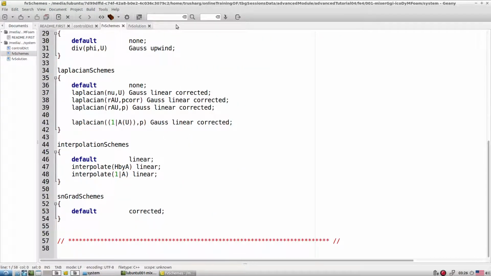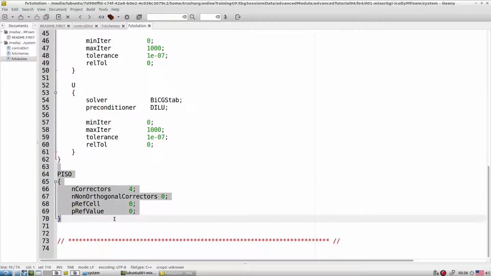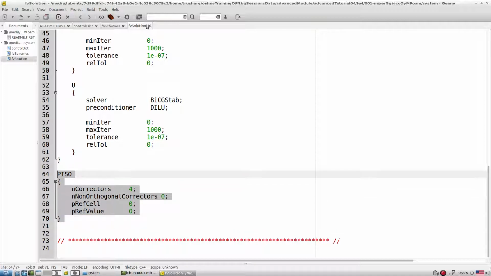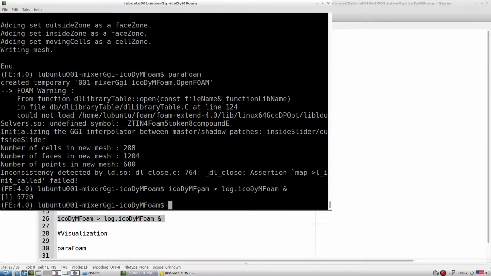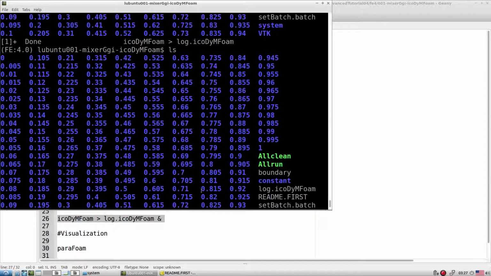These are all different schemes, and the fvSolution. For fvSolution we are using the PISO algorithm, so we put nOuterCorrectors equal to 4. When we are working with a rotating type of domain, sometimes we have to tune this parameter. If the mesh is non-orthogonal, we also have to increase the non-orthogonal correctors if we are not getting convergence. So we have to tune this parameter if we are facing a convergence issue, otherwise it's perfectly all right. Let's run very quickly. This is a very simple test case, so we have an idea of what is exactly happening. It's almost done because it is a very coarse mesh.